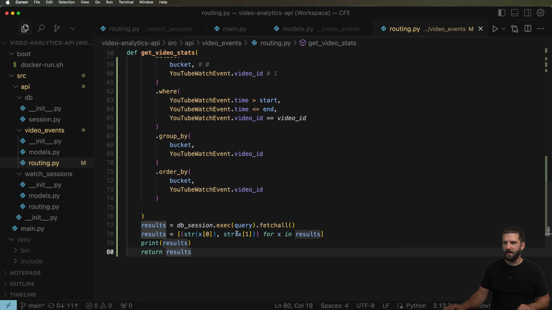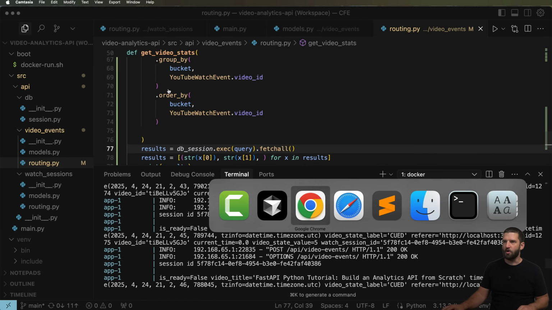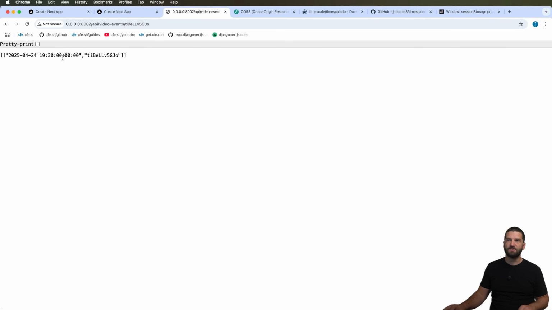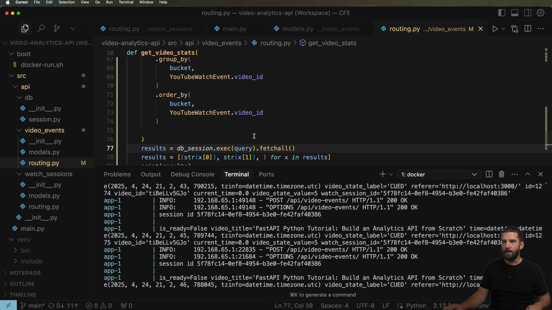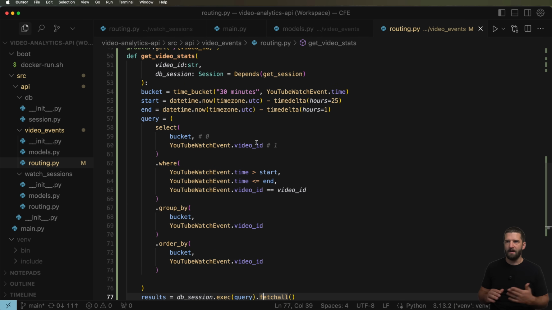Maybe let's get rid of that comma there and put the tuple right there. Okay, let's see if that ends up giving us some data back. Let's go back onto the API endpoint, and there's some data back. Okay, great. So it is showing us some data. It's not giving us much, but it is at least showing us data. We want to serialize this stuff very soon, but let's go to the next part